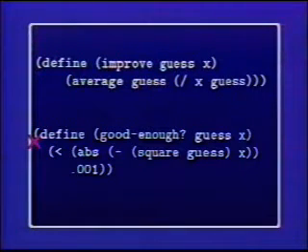This is supposed to be a guess for the square root of x. So one possible thing you can do is say, when you take that guess and square it, do you get something very close to x? For example, one way to say that is to say, I square the guess, subtract x from that, and see if the absolute value of that whole thing is less than some small number, which depends on my purposes. Right? Okay.